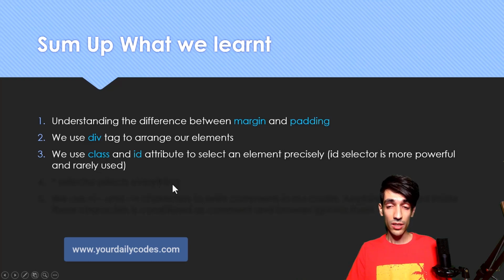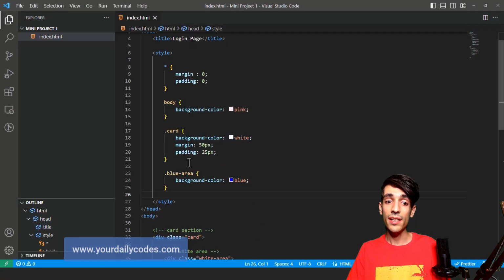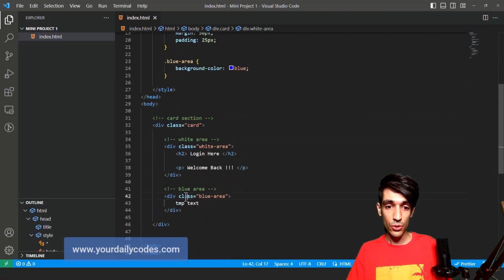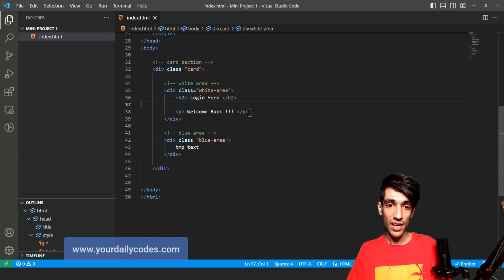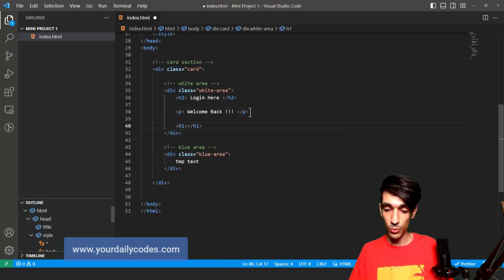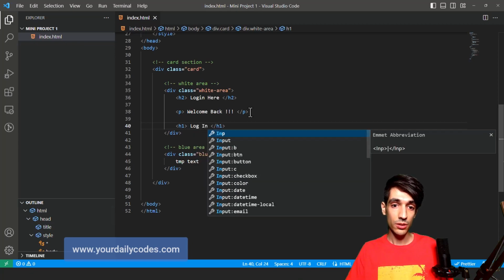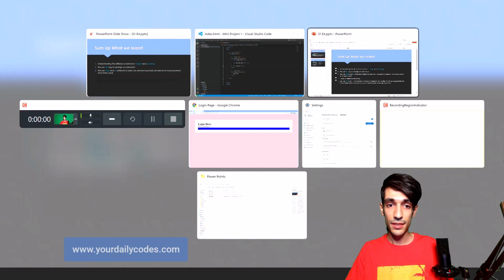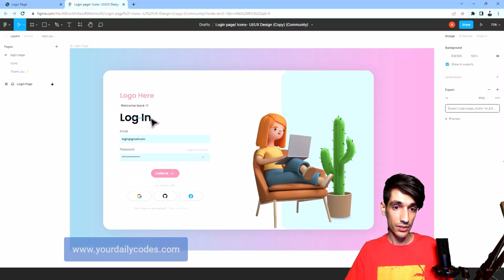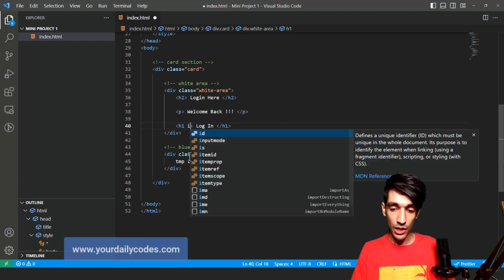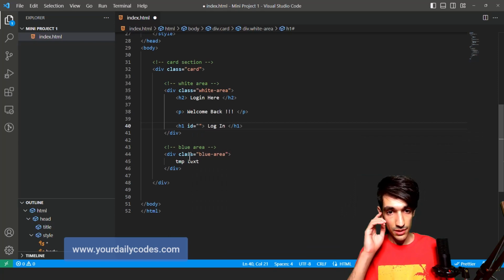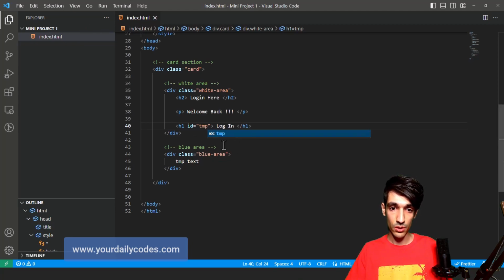As we just saw the class attribute, there's something called ID as well. Because the class attribute is used to select tags specifically in CSS, IDs exist as well. For example, let's have our h1 tag here, which is the login here. Let's give it an ID, okay, ID temp, because I want to remove this temp ID later.